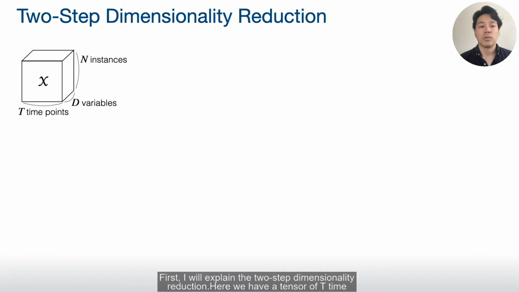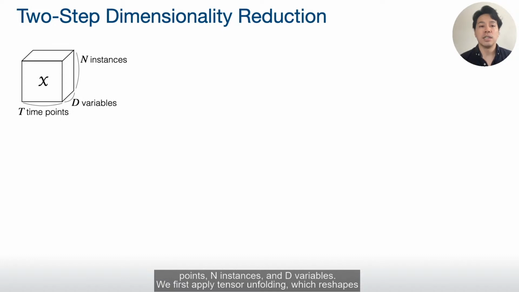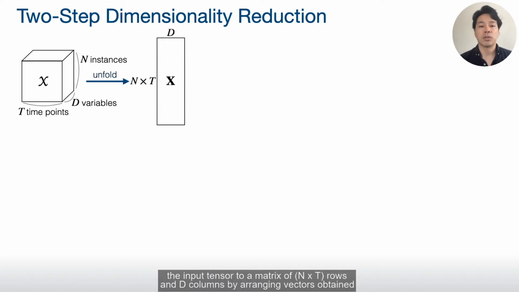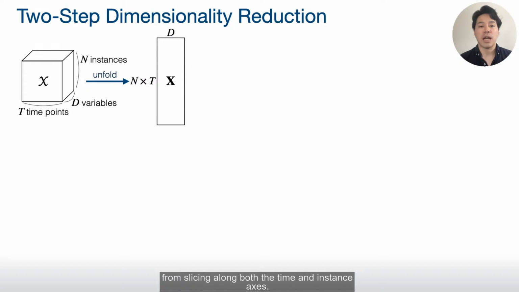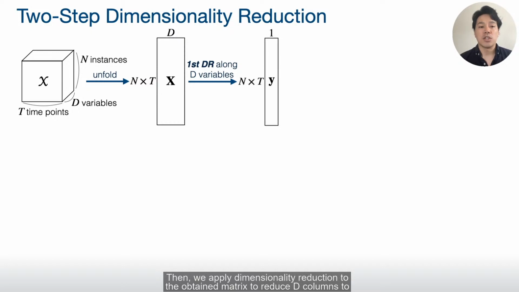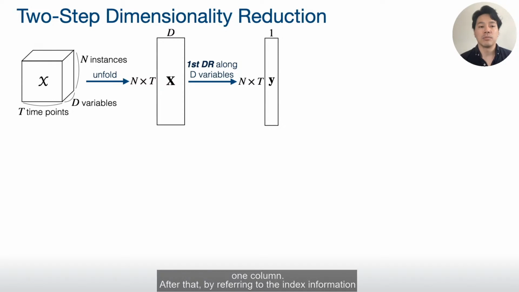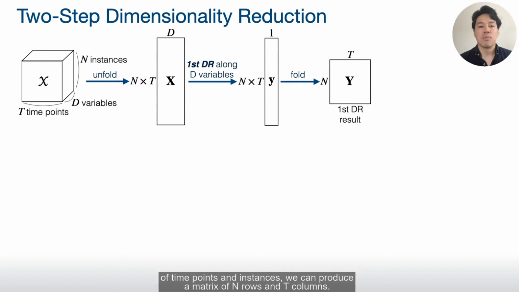Here, we have a tensor of t time points, n instances, and d variables. We first apply tensor unfolding, which reshapes the input tensor to a matrix of n times t rows and d columns by arranging vectors obtained from slicing along both the time and instance axes. Then, we apply dimensionality reduction to the obtained matrix to reduce d columns to 1 column. After that, by referring to the index information of time points and instances, we can produce a matrix of n